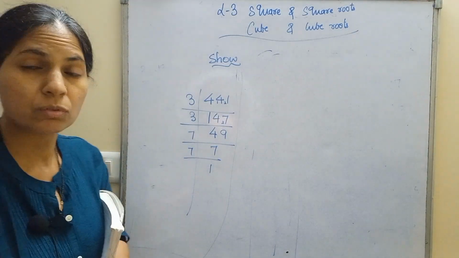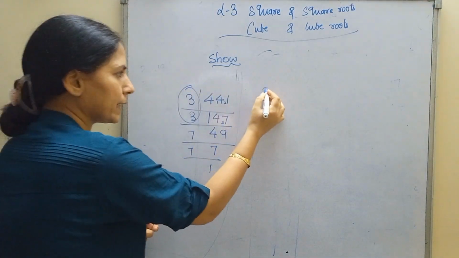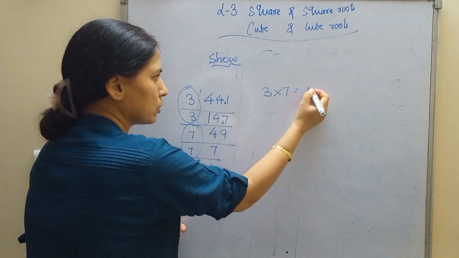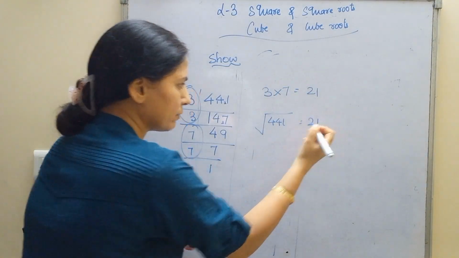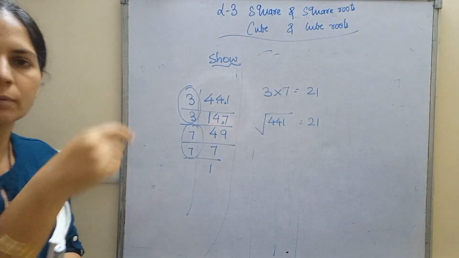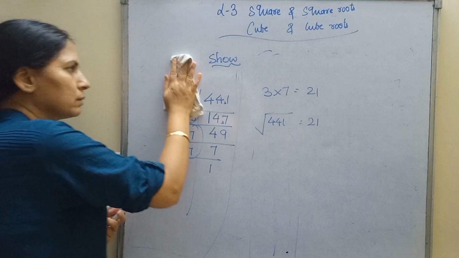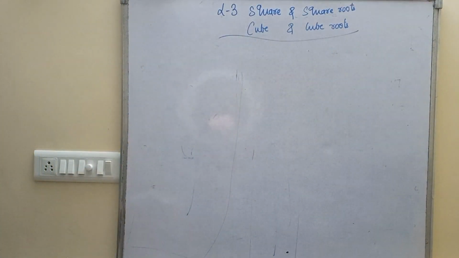7 7s are 49. देखो बच्चों, 3 की जोड़ी बन गई, एक ही लिखो. 7 की जोड़ी बन गई, एक ही लिखो. Therefore square root of 441 is 21. This is how you have to write an answer to get 2 marks. Okay, see, if you want to earn marks you will have to show your working as well. Okay, then the next sum is